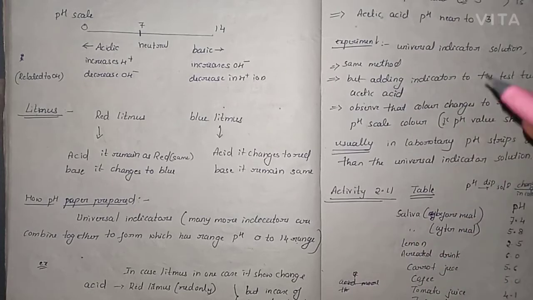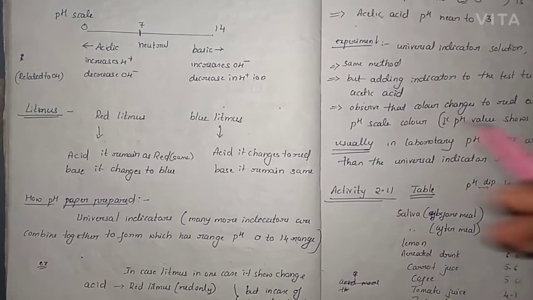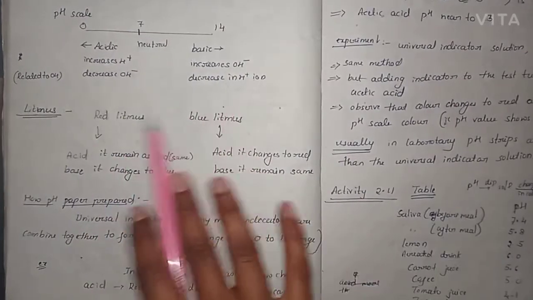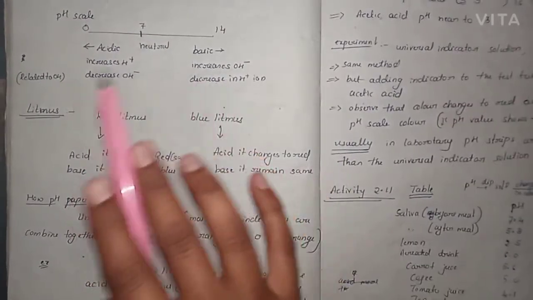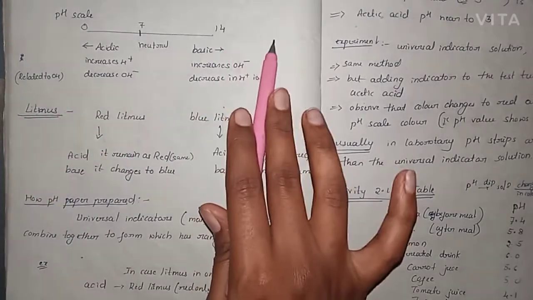Once you read all this and then go to the video, at that time you come to know whether it is similar or not. So in the previous class, once again I will repeat the things. The pH scale has 0 to 14 numbers. 7 is neutral, below it is acidic, and above it is basic in nature.